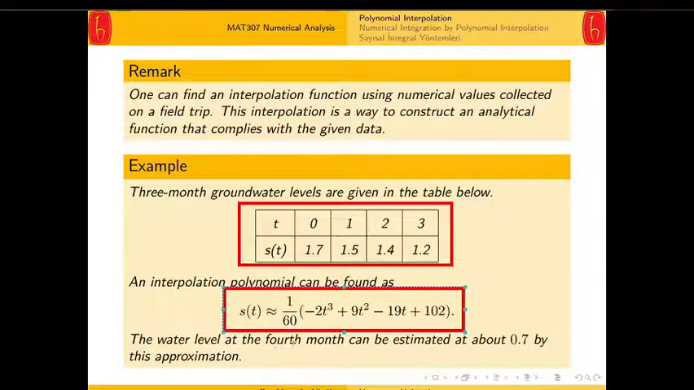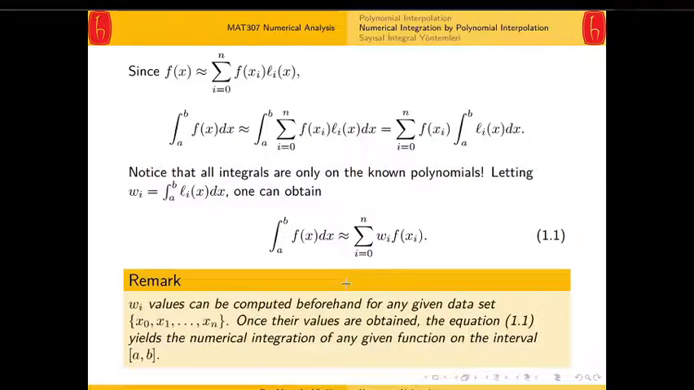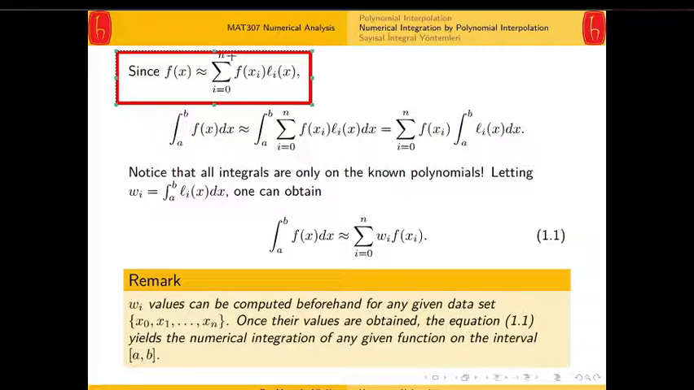Okay, so the water level at the 4th month is not given here, but we can estimate the water level as 0.7 by simply using this approximation. So this is another application of the interpolation polynomials. Okay, if we go back to the numerical integration, since we have f of x is approximated by